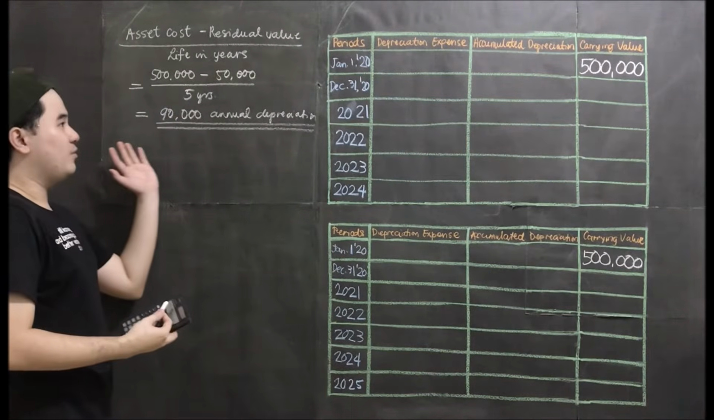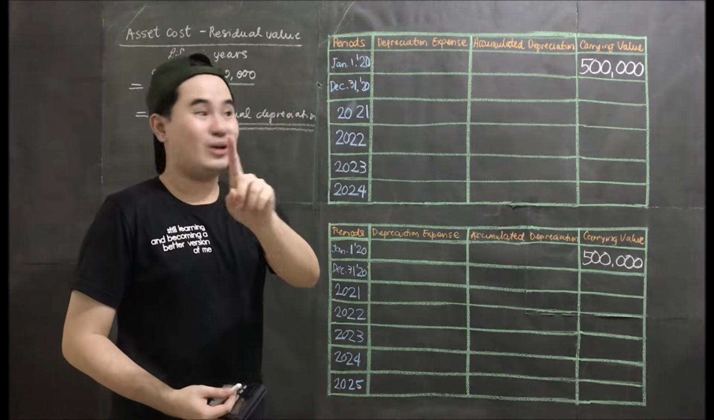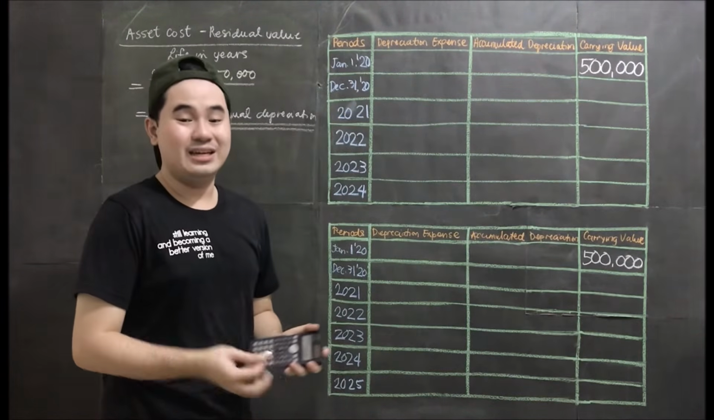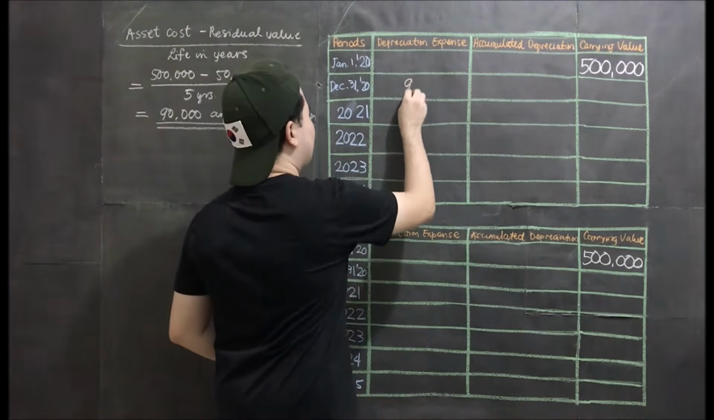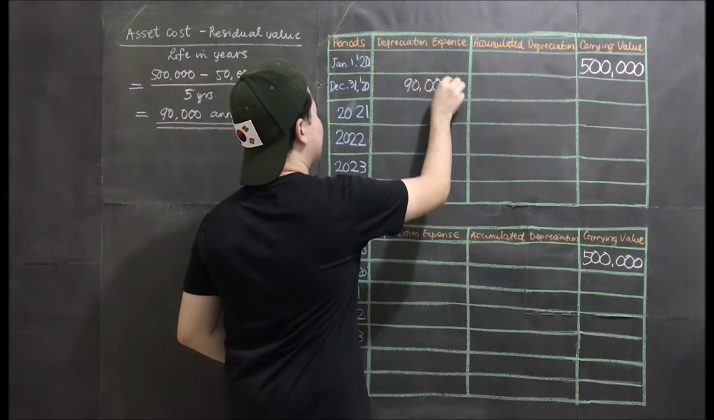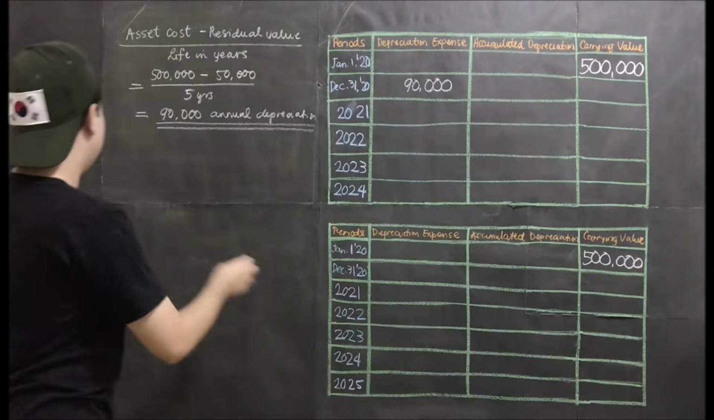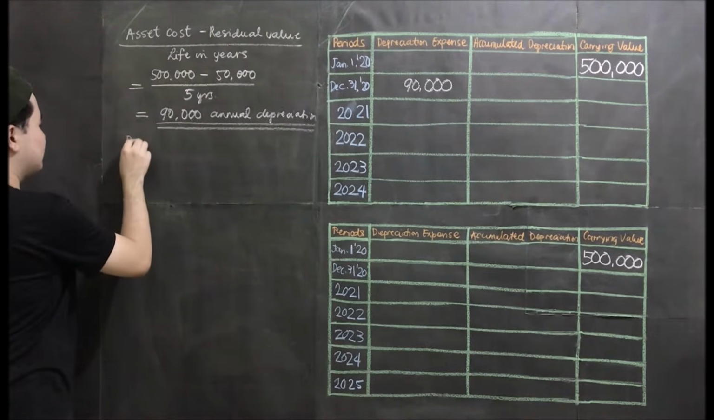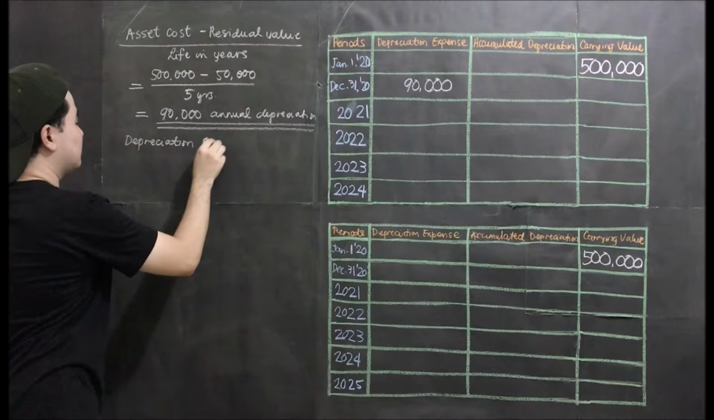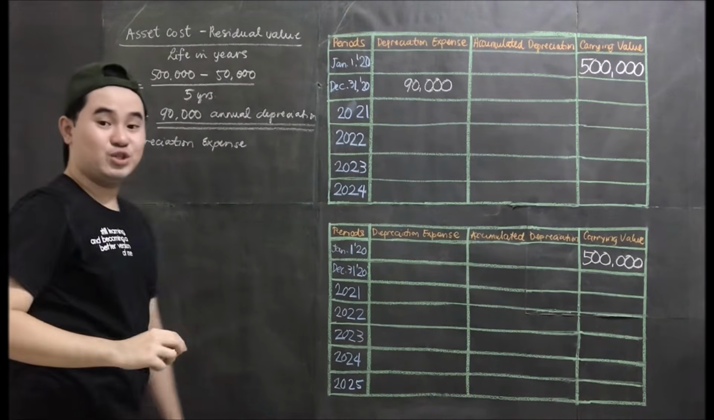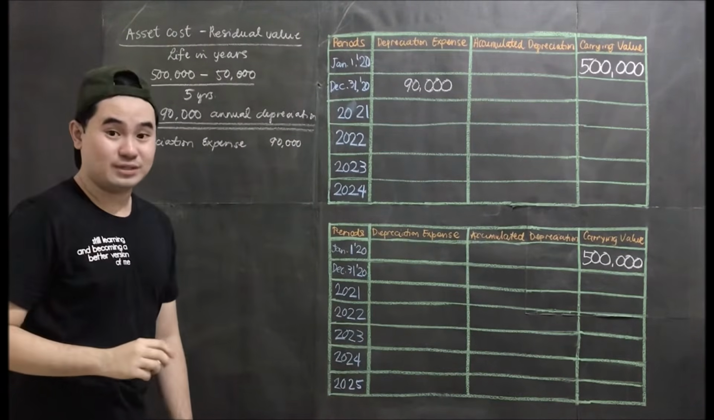Okay, so the asset was purchased on January 1, 2020, dadaan ng isang taon, so December 31, 2020. So we have a depreciation of 90,000. What will be the entry of the company at December 31, 2020? We have debit depreciation expense for 90,000, then credit